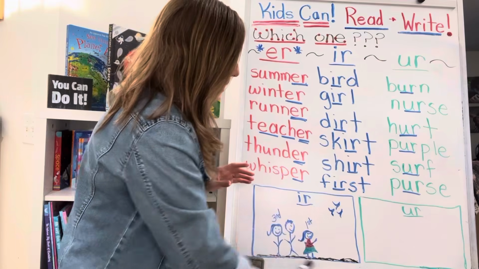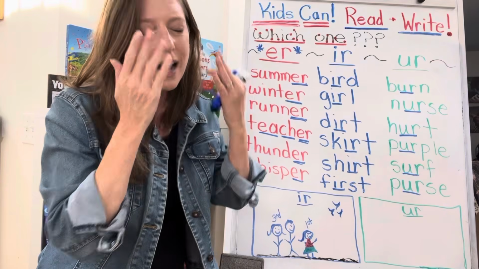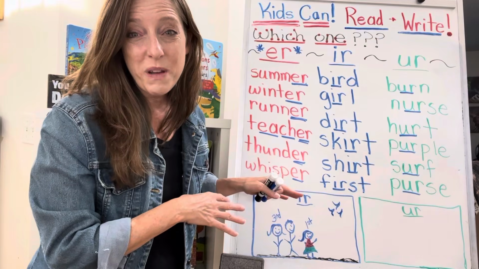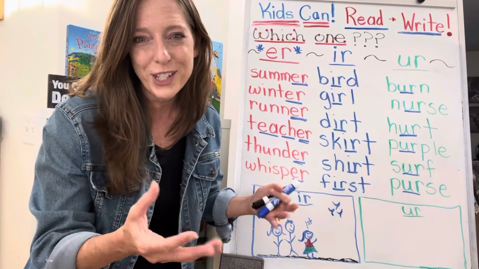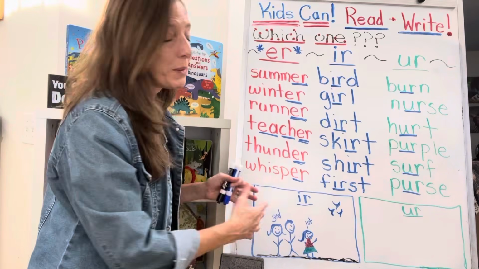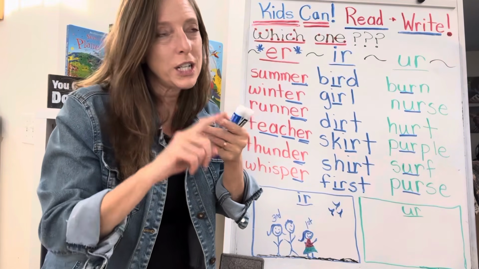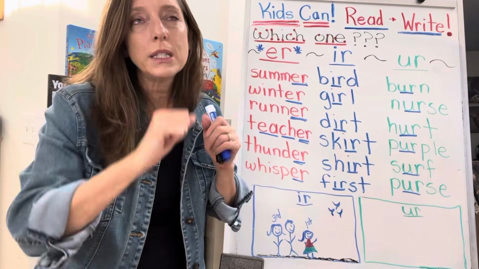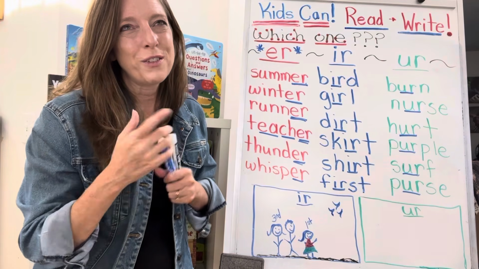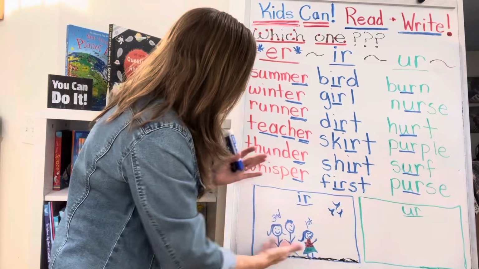But anyway, you have your picture for IR words. How many IR words can you name if you close your eyes? How many can you remember? And that's what I love to see with kids: how many do they know before we do the picture? How many do they know after? And usually after we draw the picture, they know so many. So I love it because they can close their eyes and go, oh yeah, the girl, she's standing on dirt, she's wearing a shirt and a skirt, she's pointing at the birds. Let's see, what else is in the picture? She's first, the other one was third, and you see them coming up with so many IR words,